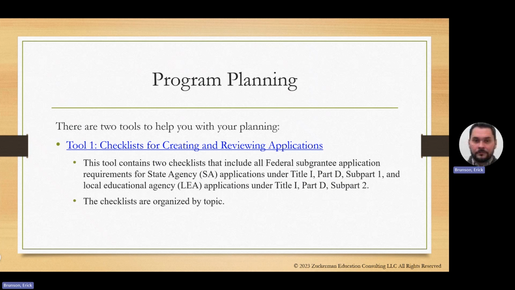Like I said, South Carolina's application might be grouped a little bit differently, but all of the content is there. And so if you've already started your draft of the application, or if you work off of last year's, this is a place that you can start and you can evaluate your application against it and see if there's any missing pieces in it.